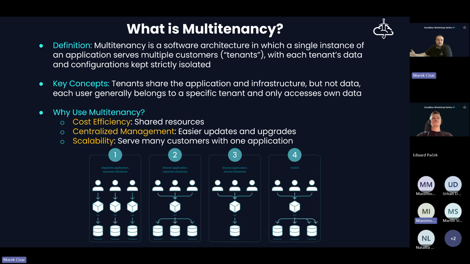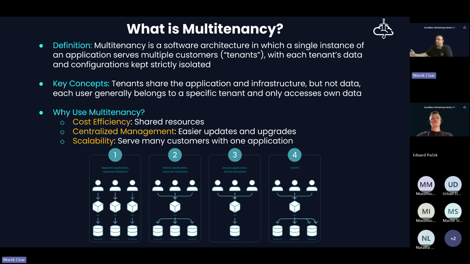So behind the scenes, the architecture must ensure the privacy, the separation of all the application components, and also the data isolation as well.